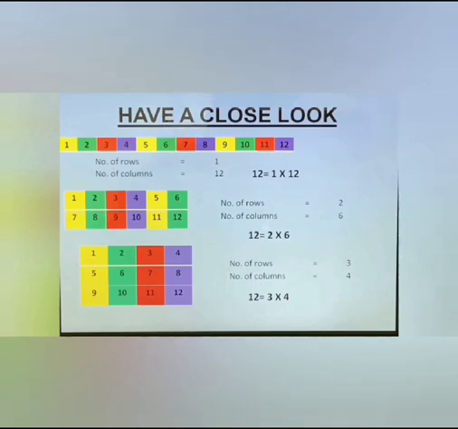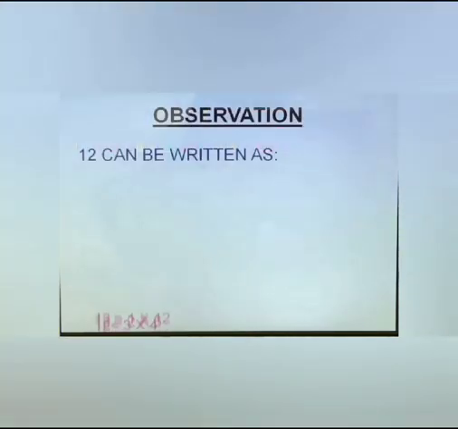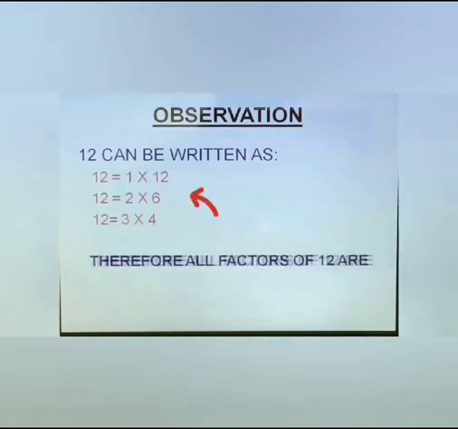So we can say that the factors of 12 are 1 into 12, 2 into 6, 3 into 4. These are all the factors of 12. That is 1, 2, 3,